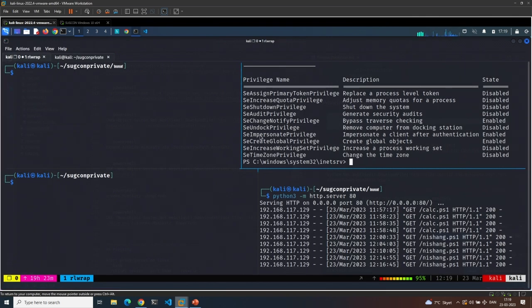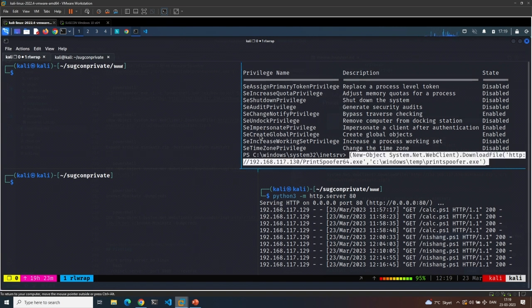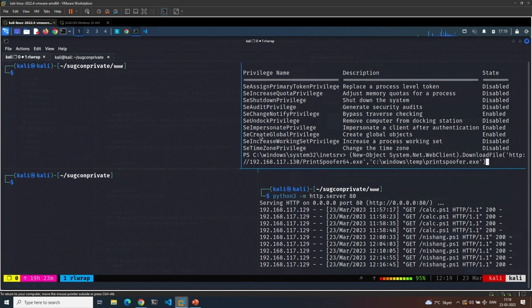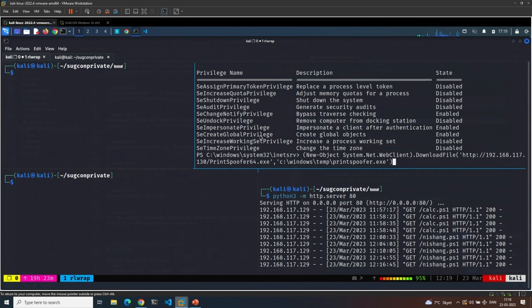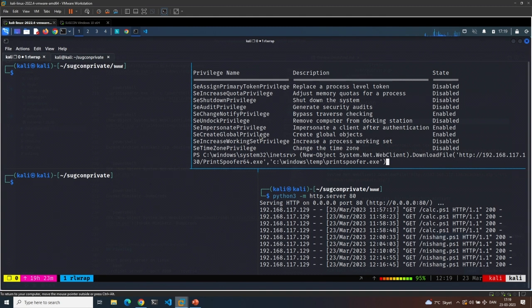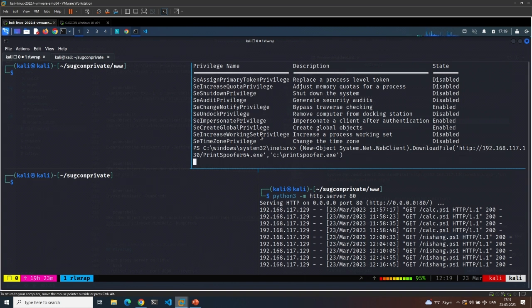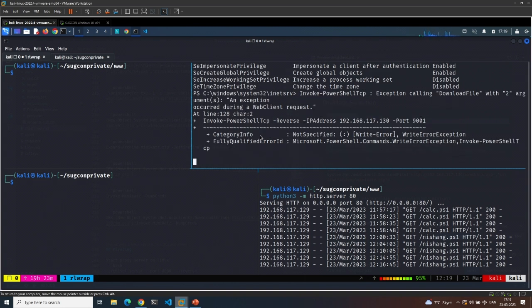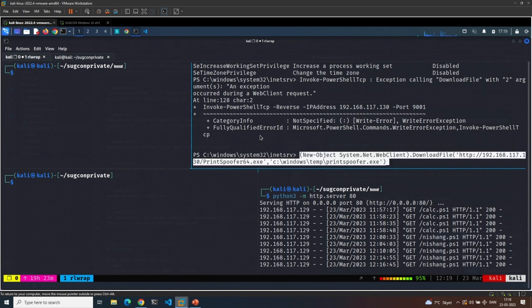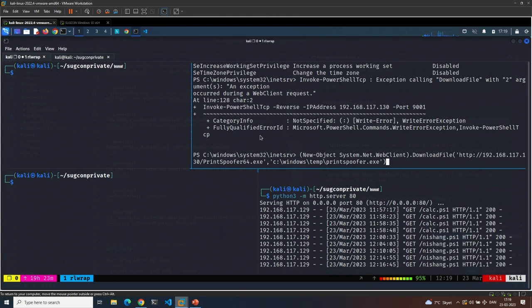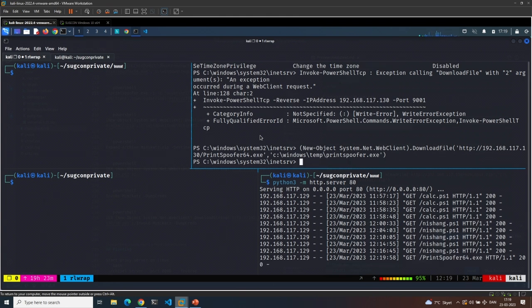We're going to use what is called a print spoofer. Best name ever, right? Can you still read it? Because we need all the windows, I can maybe make it a little bit bigger. There we go. And just to show you, the download thing that I said in the beginning, this should fail because I don't have write access to the Windows folder. Who cares? You can always just use C:\Windows\Temp. I'm going to download it.